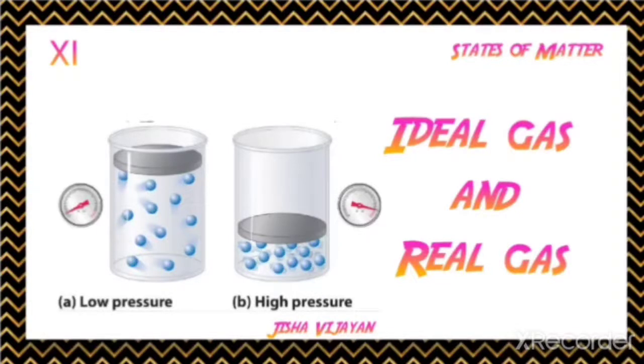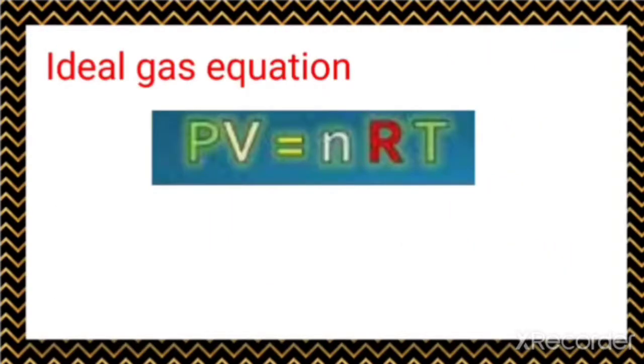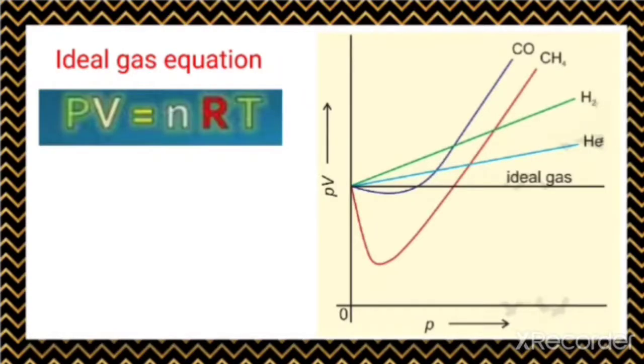Hello students, let us discuss ideal gas and real gas in the chapter States of Matter. As we have already learned, PV = nRT is the ideal gas equation. Here there is a relationship between pressure, volume and temperature for gases. In order to test this equation, let us make a plot between PV and P,